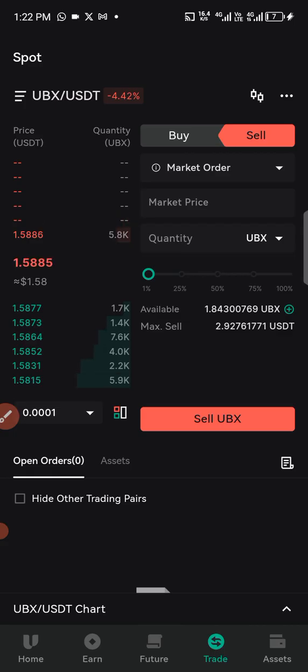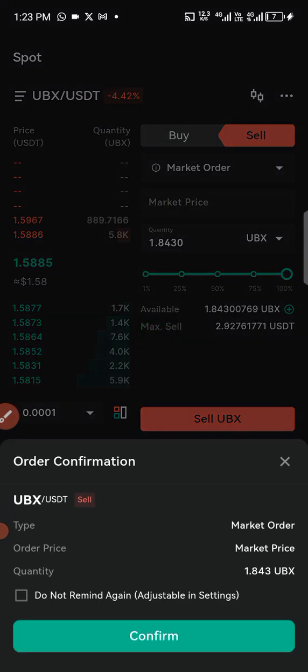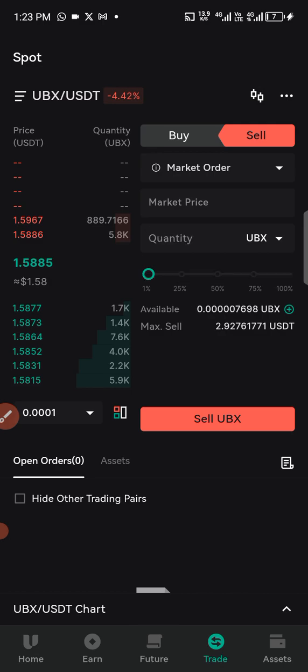Then you come down to this quantity. If you take it to 100%, that means I'm moving all that I have on my UBX coin into USDT. So you come down to this point, you click on sell. Then you come down here, you click on confirm. Once you're done with that,